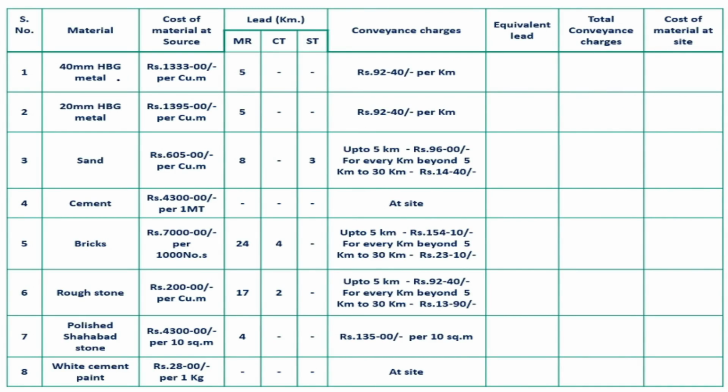material at source. The first material is 40 mm HBG metal. Cost of this material at source is 1333 rupees per cubic meter, and it is taken from 5 km to the site, and its conveyance charge is 92 rupees 40 paisa per kilometer. Calculate the equivalent lead. So these are the actual distances from source to site. Here MR is metal road, CT is cart track, ST is sandy track. So it is taken in a metal road, and this equivalent lead is as it is,